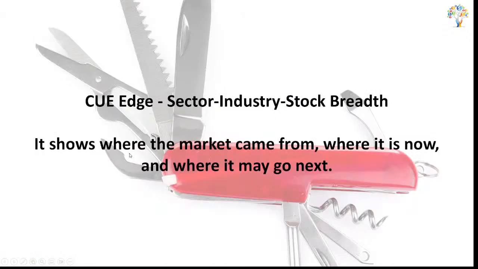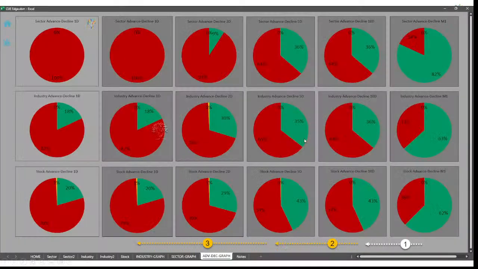Let's see how the sector industry stock breadth looks across multiple periods. It shows where the market came from, where it is now, and where it may go next. I used this sector industry stock breadth last week to hypothesize that I was more bearish than bullish, and this week